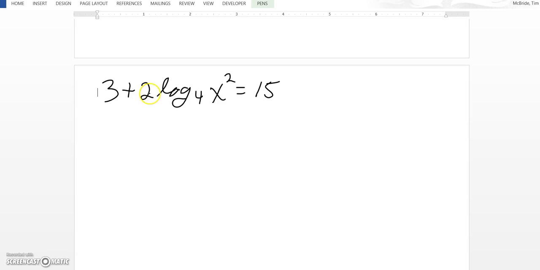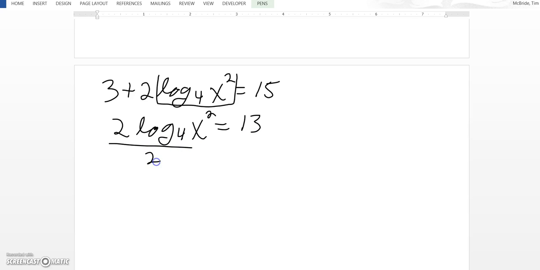Okay, this example, we have some other stuff in front of the logarithmic part. So we want to get the log part by itself first. So that means we have to subtract 3 from both sides, and then divide by 2. So 6.5. So now that the log part is by itself,